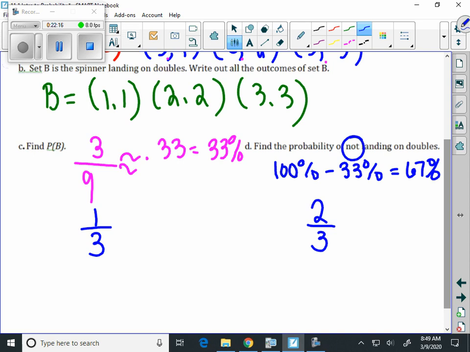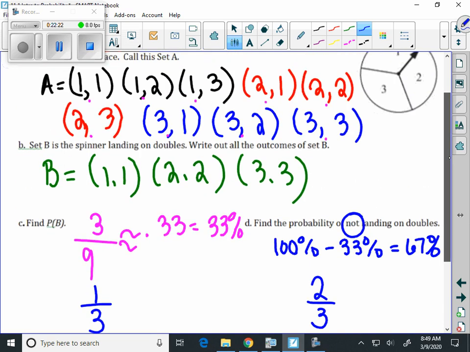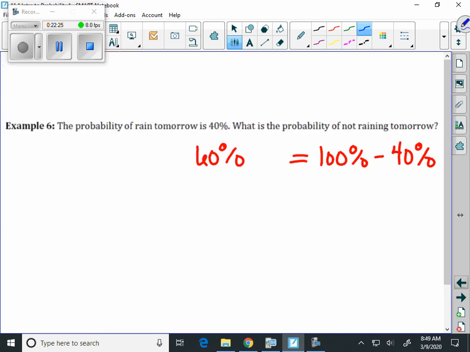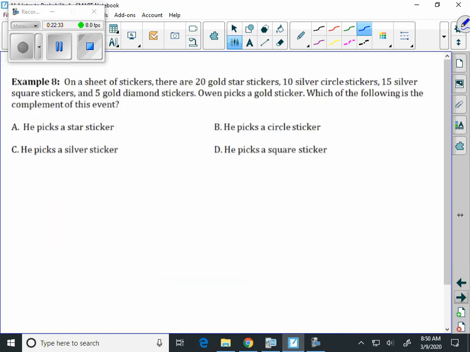That's the complement. When you see that word not, that's something that you might want to circle to indicate that, even when we go back here on this one, what is the probability of not raining? Because that's when you're looking at the complement. To finish here,